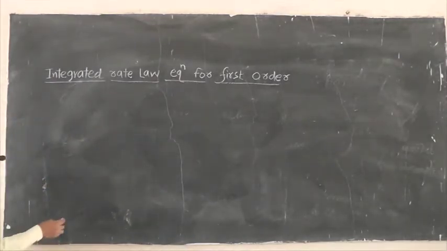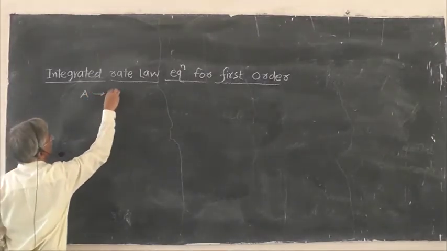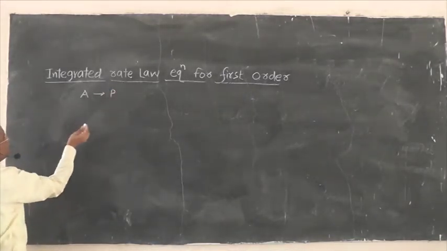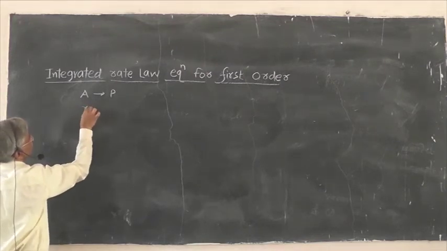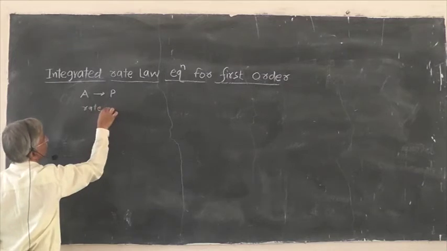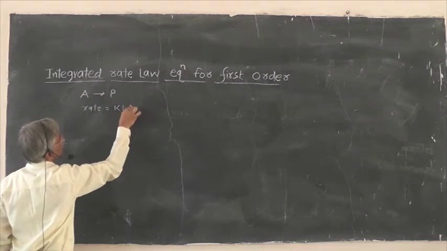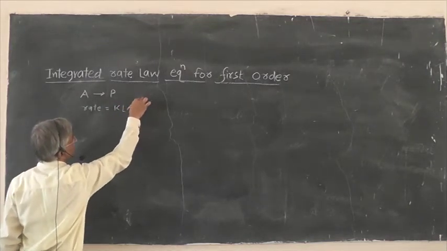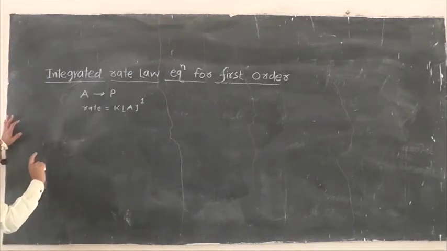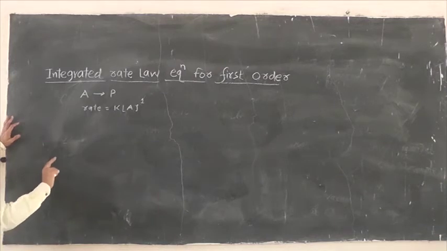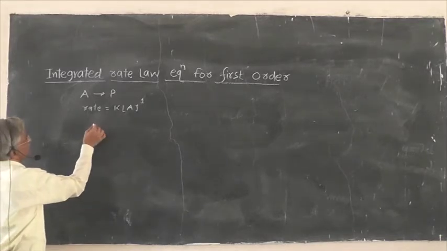If the reaction is said to be first order, with a reactant giving a product, then the differential form of the equation can be integrated as follows. I will first write the first order rate. Now what is the advantage of this integrated rate law equation? As I have already mentioned, the rate depends upon the initial concentration raised to the first power. The reaction is started by taking the amount A of the reactant, and at a different time we have the concentration At.